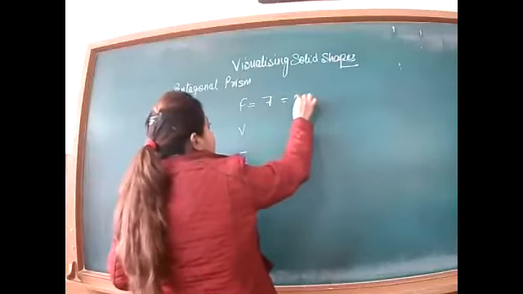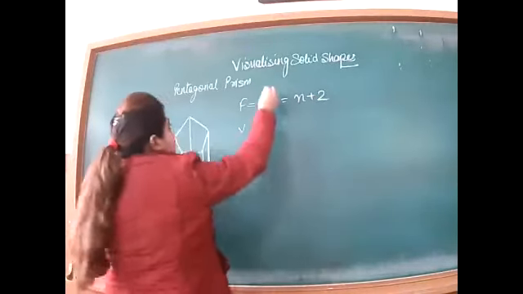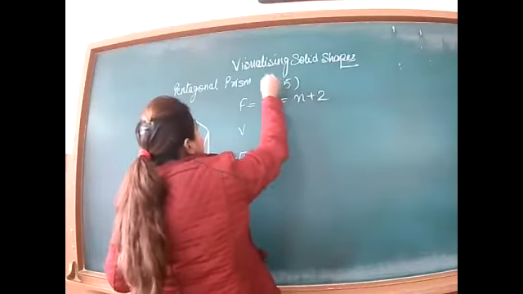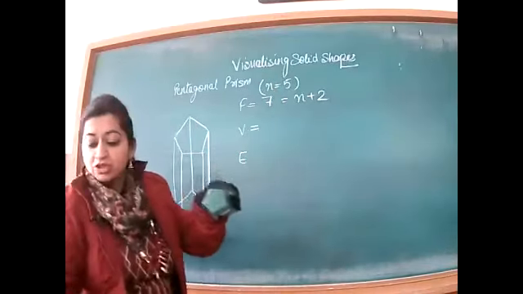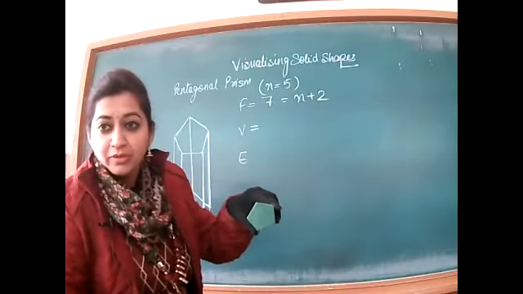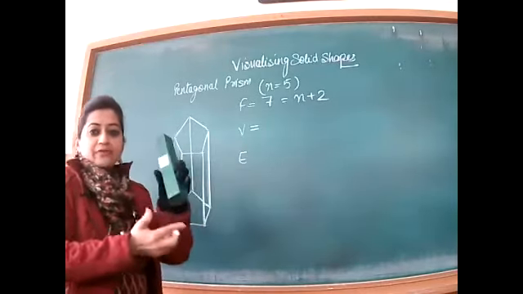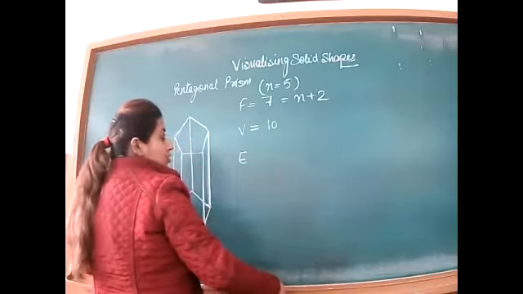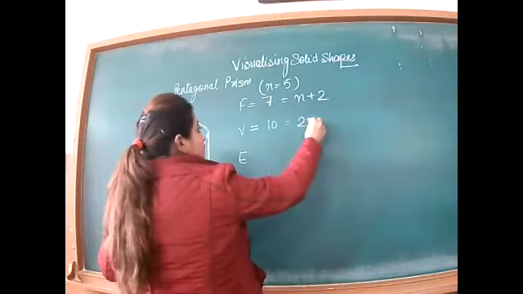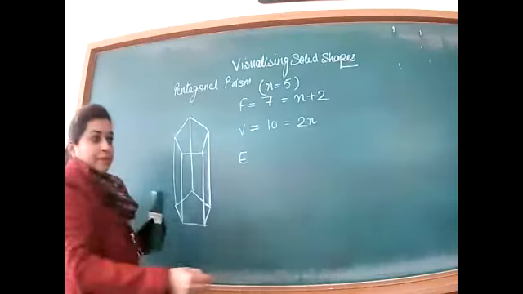And the formula we did is n plus 2. Actually n is 5 here, a pentagon has 5 sides, so vertices you can count 5 from the top and 5 from the bottom. So 5 and 5, 10 vertices are there. So 10 can be written as 2n. The formula we did yesterday is 2n.